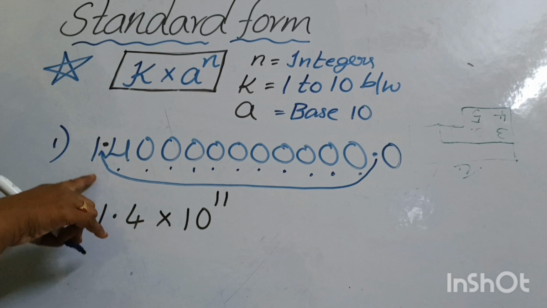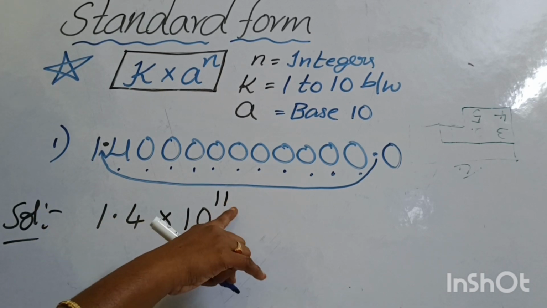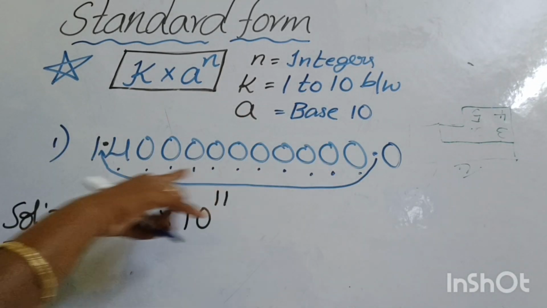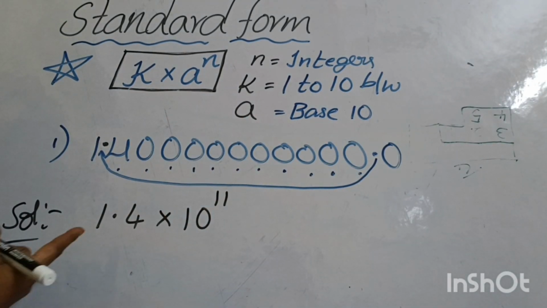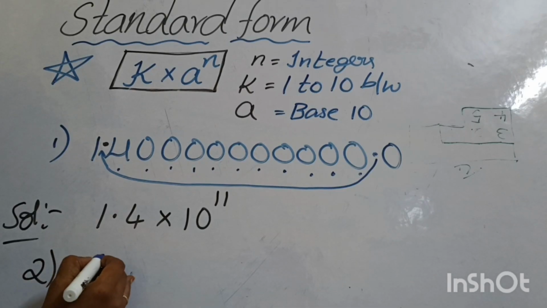Same value we can also represent like this: 1.4 into 10 power 11. This value is equal to this whole number, right? It is now easy to read, write and compare. Clear? Yeah, we'll take one more example. I'll give you. Now see,